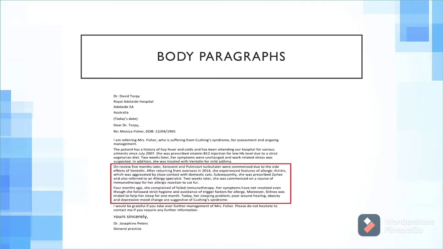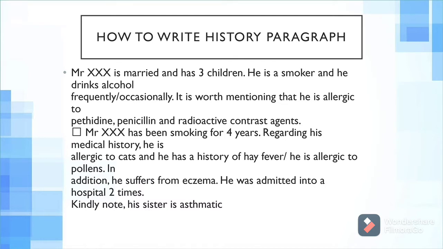Mr. XXX, who is a cancer patient, is married and has 3 children. He is a smoker and he drinks alcohol occasionally. It is worth mentioning that he is allergic to pethidine, penicillin, and radioactive contrast agents. Now what you have to do here is extract the information from the case notes and put in his past history, surgical, family, or anything that is relevant to the diagnosis. The next example here is Mr. XXX